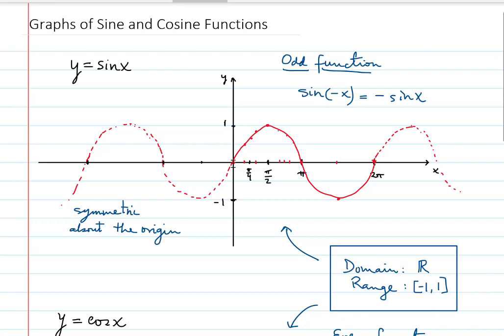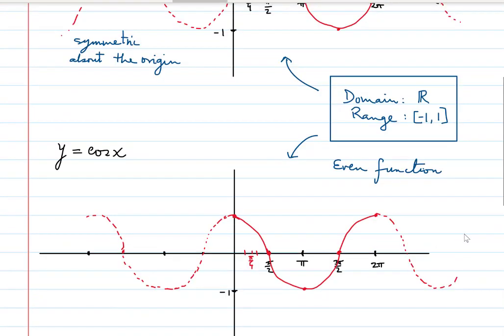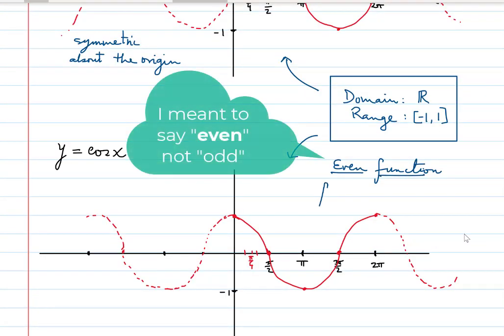So if you fix the origin right here and you turn your whole graph 180 degrees, that should give you the same graph, the same curve. If that happens, then you know you have an odd function. Then on the other hand, cosine is an even function, which means